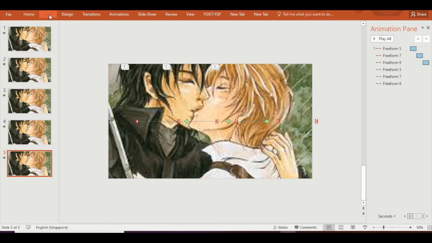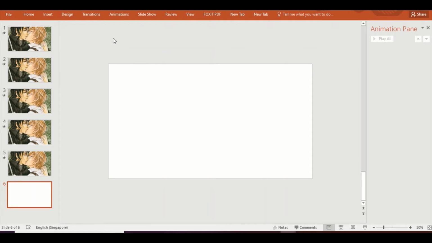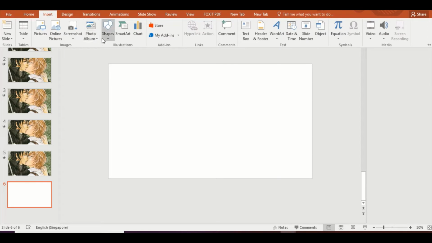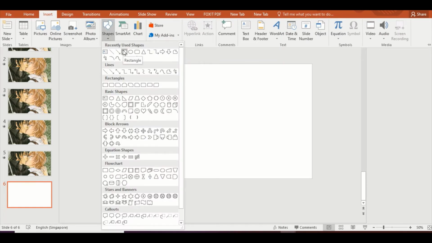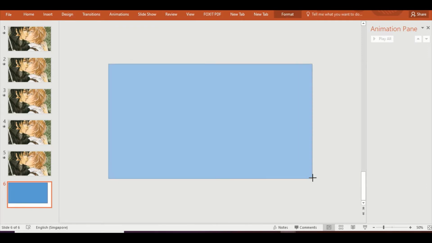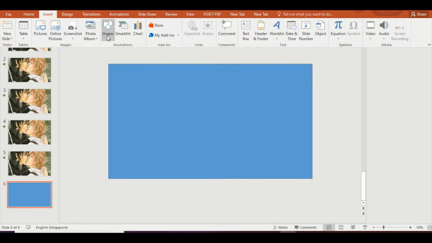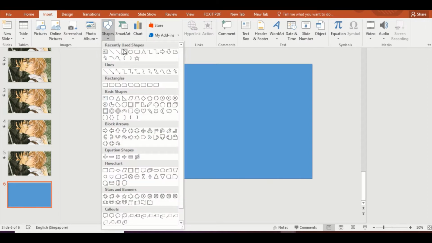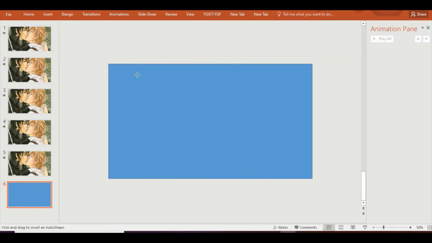First, we will be inserting a blank slide, and then we will be inserting objects subject for animations later. First, insert a rectangular shape enough to cover the whole slide, and then insert shapes like this one, and then another two,